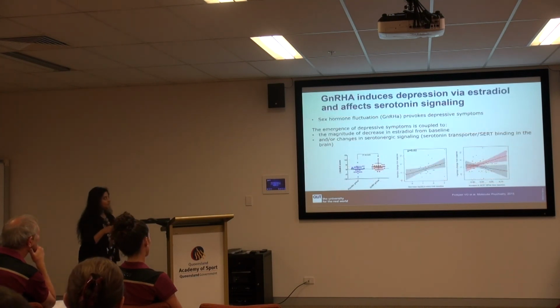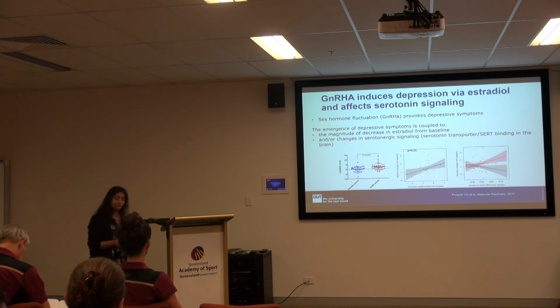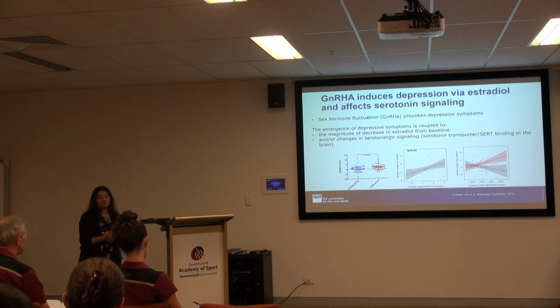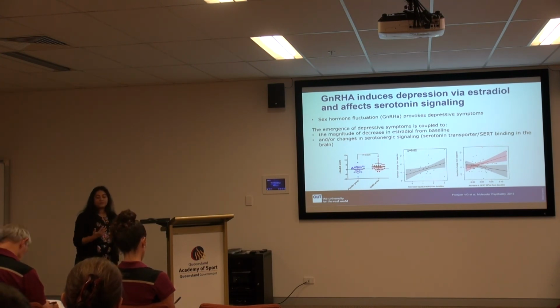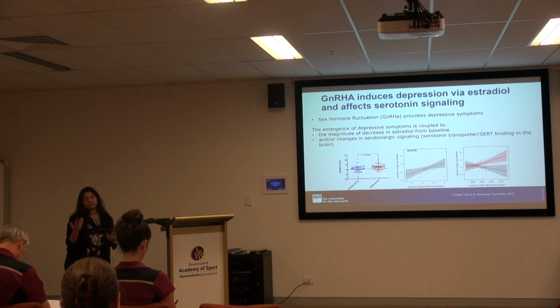And in the same model, they found that these kinds of changes in hormones cause depression in the women. So here in red you can see, and blue is the placebo. This depression was specifically associated with the estradiol levels, and that's in the middle here. Even more interesting is that these changes were associated with serotonin binding in the brain. Serotonin is a neurotransmitter, and there is a hypothesis that estrogen affects our health and our mood via serotonin